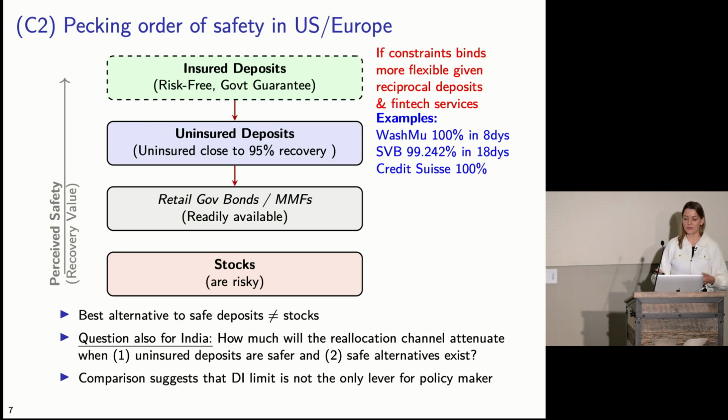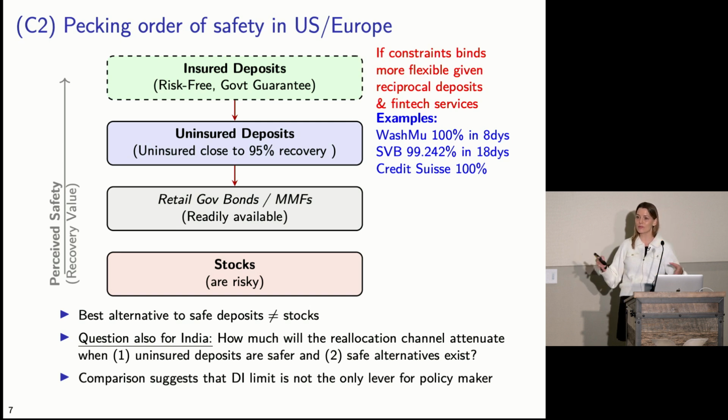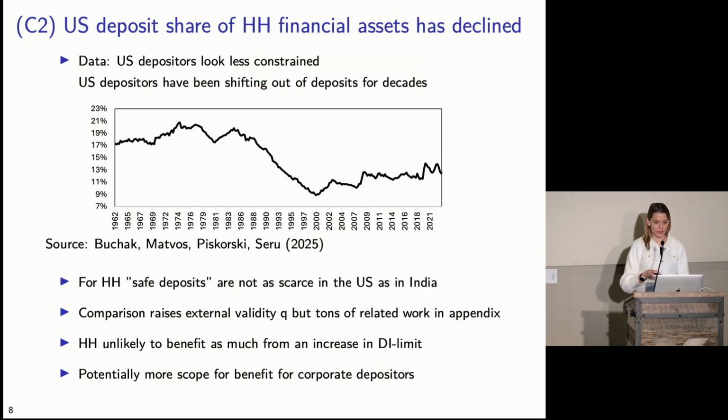So questions for India: how much will this reallocation channel attenuate if uninsured deposits were actually safer, if there's safe asset alternatives? And this comparison suggests that, again, this deposit insurance limit increase is not the only lever for policymakers. There seems to be a lot of frictions happening that prevent access to safe assets, and that could be a fruitful way forward for